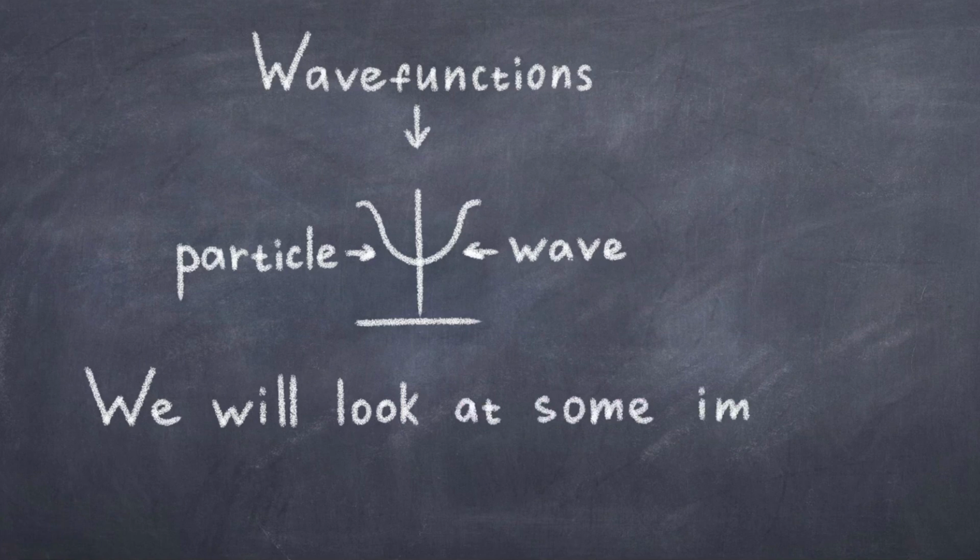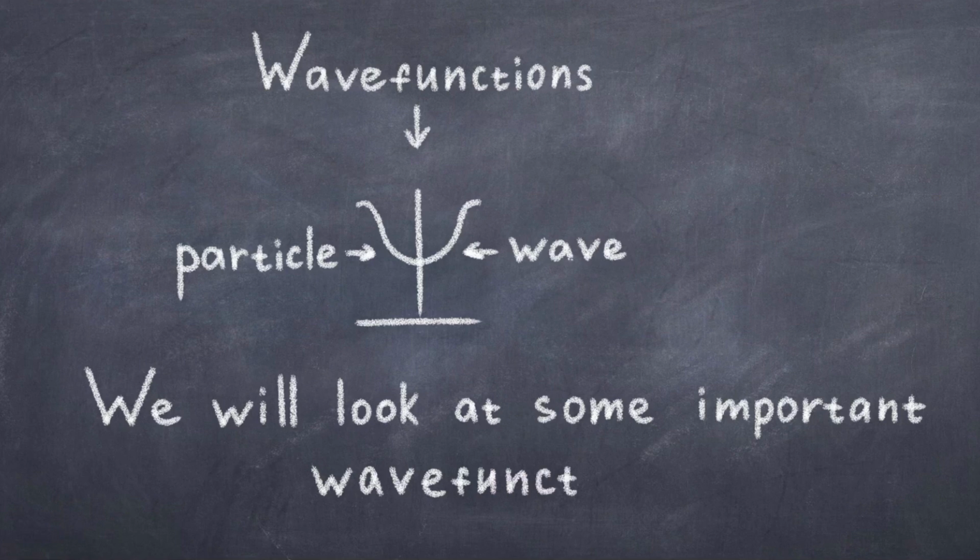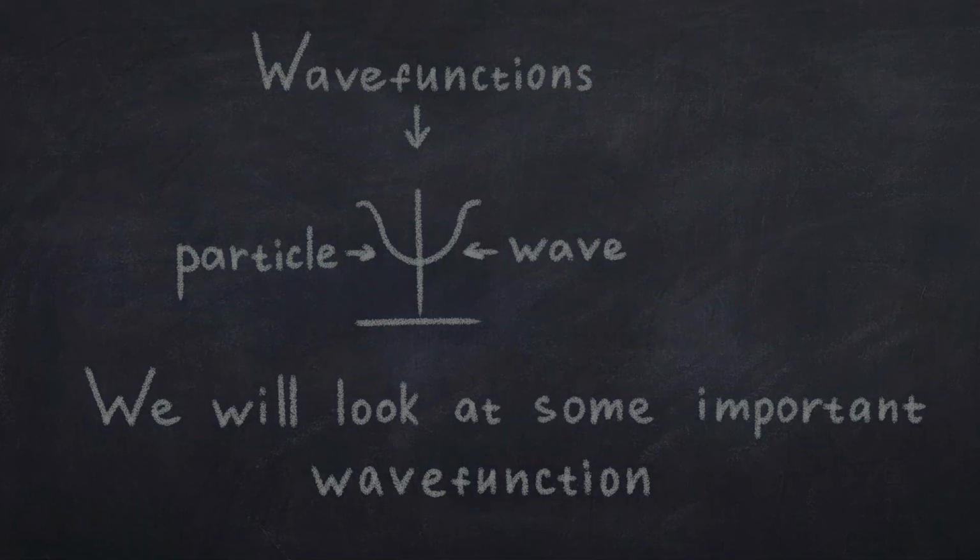We have of course already seen some wave functions when discussing quantum tunneling and the hydrogen atom, so these functions we will skip. If you're interested, you can watch the video about these topics. So without further ado, let's look at the Schrödinger equation and consider the relevant scenarios and figure out the relevant wave functions.